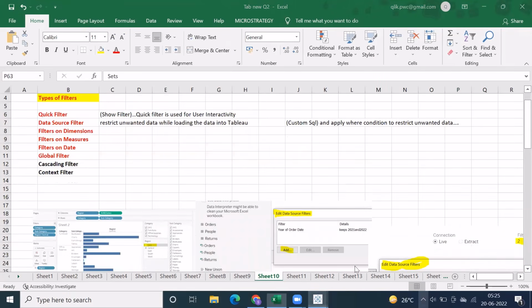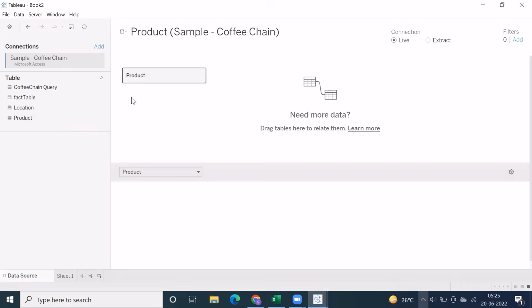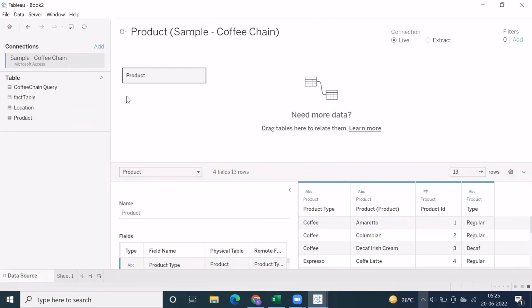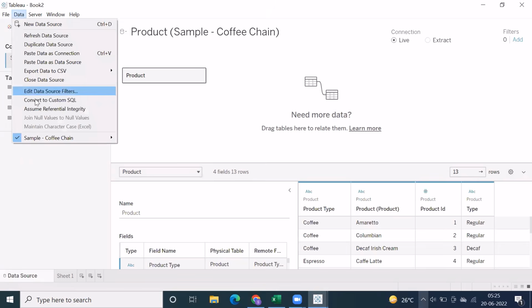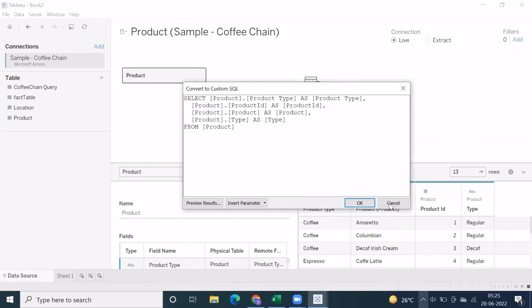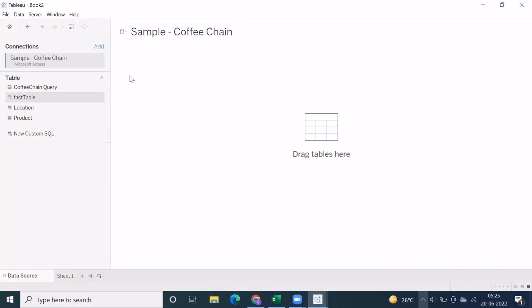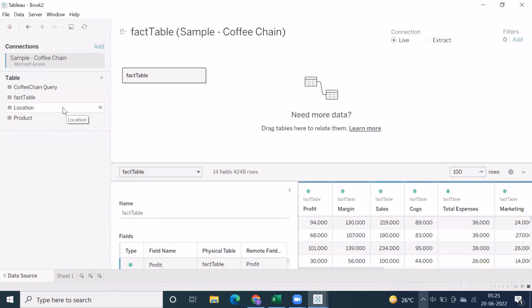So here we have filters, but whenever you are going to pull any particular table here, if you're not aware of writing custom SQL initially, just drag and drop a table. And as I said, you can go to Data, Convert to Custom SQL, correct? So this is the SQL here, and you can modify it based on your requirement. Understand, right? Let's say if you have multiple tables, let's say I have a fact table, and we have a relationship between the fact table and the location table. So in the location table, we have,